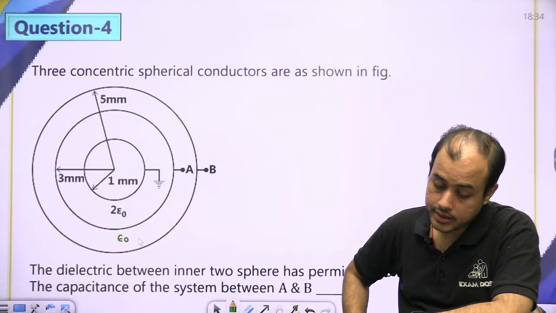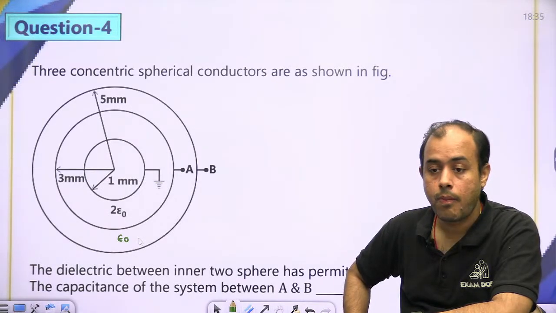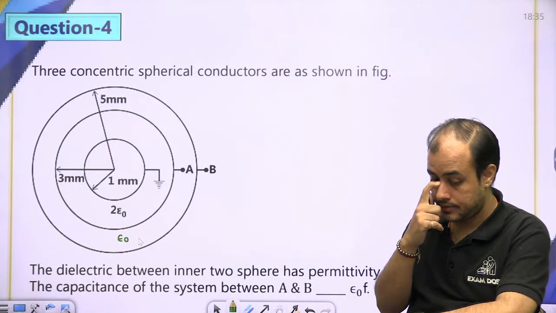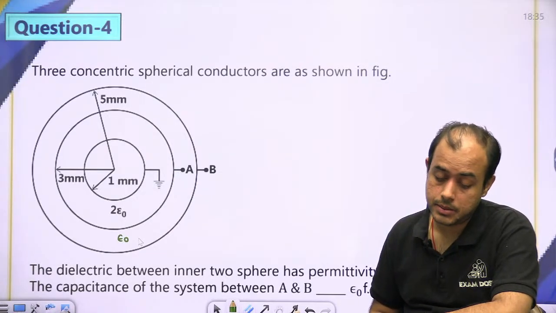Acha, we need to find between A and B. द इनर सरफेस इज अर्थ, उनके बीच का हमें दे रखा है, ए और बी के बीच में अपने को बताना है।